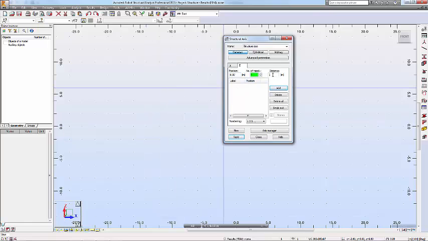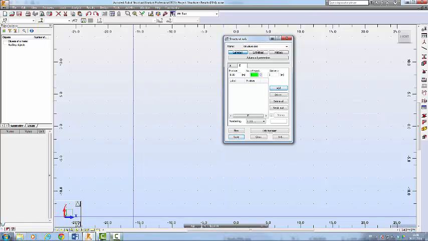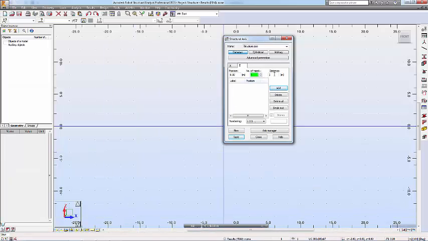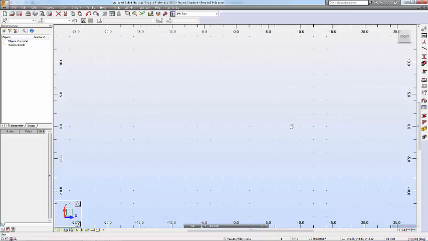because we have 4 stories. Let's have a look at how many meters we have for each story. So how high is each one? That was 3 meters. Let's come back here and input 3 meters for each one. Once finished, we can simply click on apply, and then you will see the column line